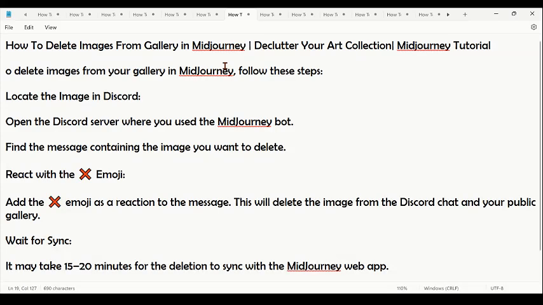In this video, I'm going to walk you through how to delete the image from gallery in Midjourney. So to delete an image from your gallery in Midjourney, you have to follow this step-by-step guide. So follow the steps. First, locate the image in Discord, then open the Discord server where